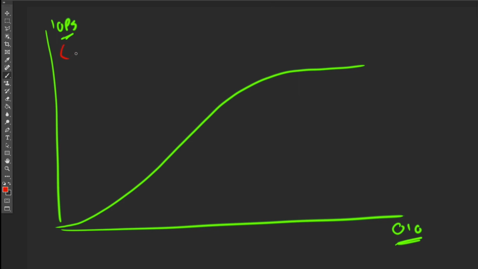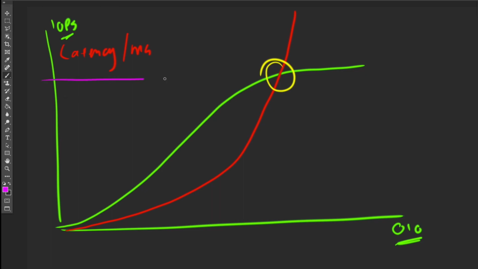Now let's look at latency. I'll make latency in red and measure it in milliseconds. As you stack more and more outstanding I/O, the queues get filled up and the drives suffer and the system suffers. What you tend to see with latency, the graph will look something like that. And it will come to a point where the increment of OIO doesn't result in a linear growth, but latency doubles or triples or quadruples. Personally, this is where I would draw the line with regards to where my maximum is pertaining to a particular system that I'm actually testing. So the sweet spot is the maximum IOPS I can attain before the latency becomes too much and the performance